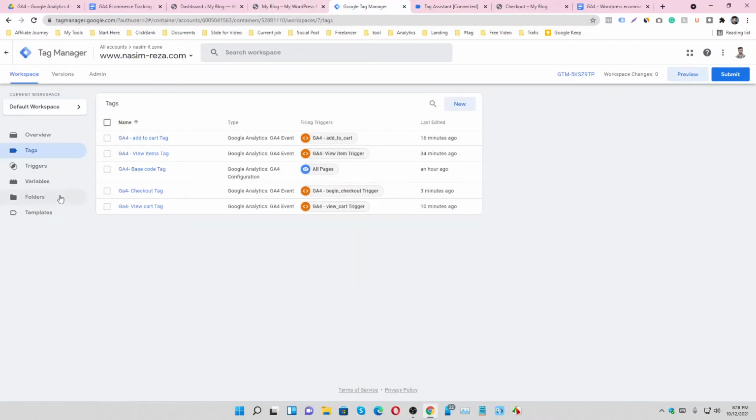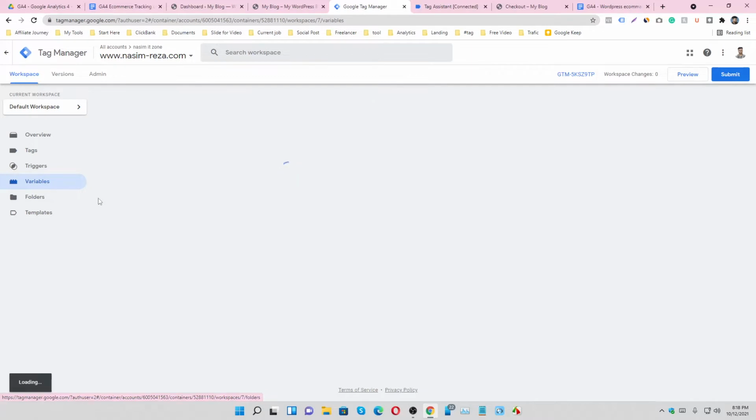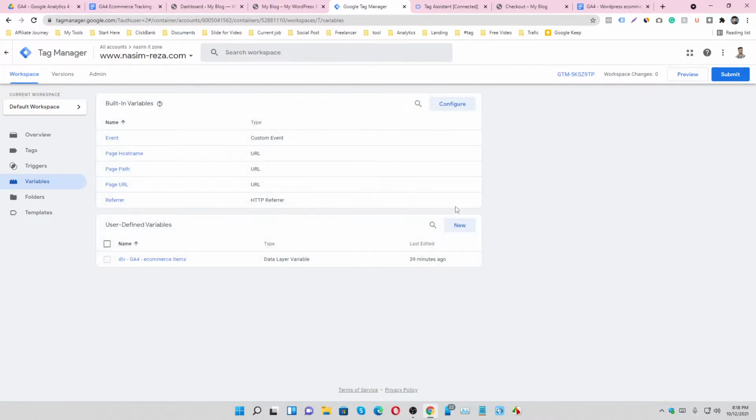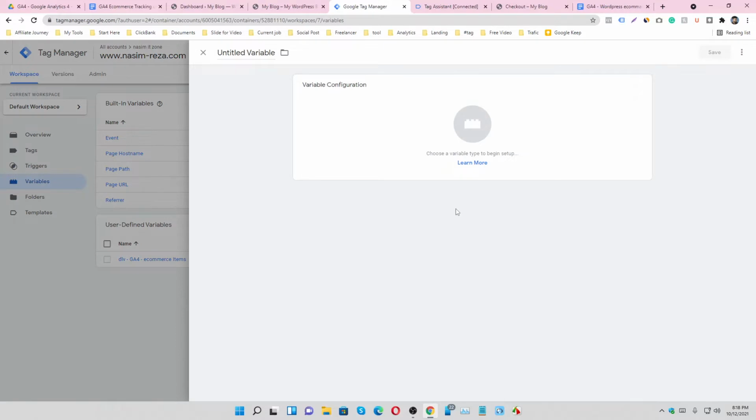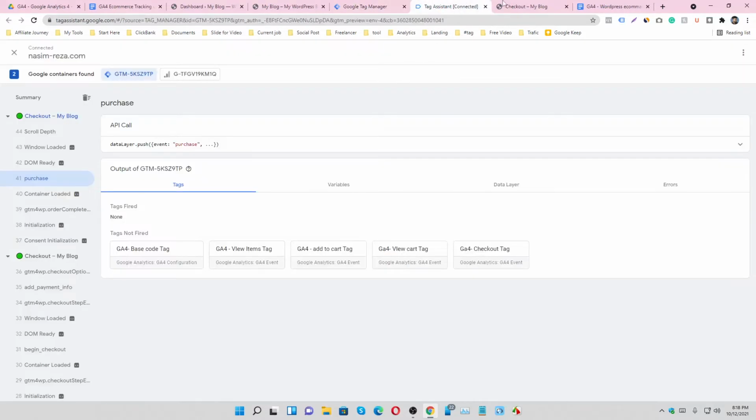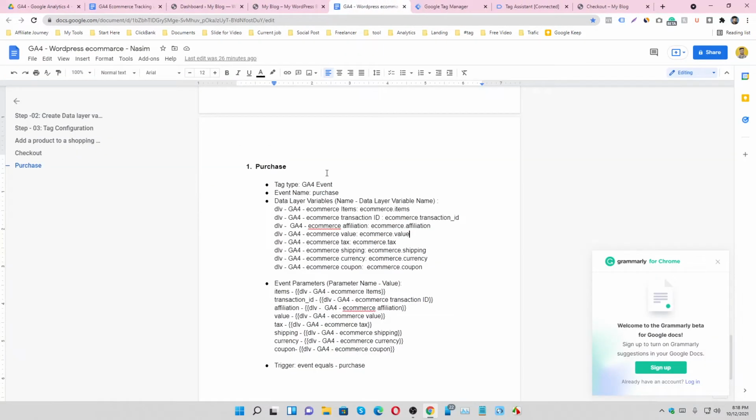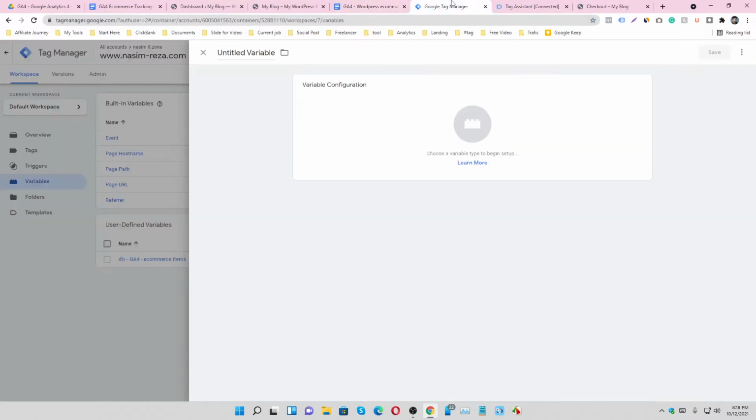Go to the variable section and make a new variable. This one we have already made, so now we have to choose this one.